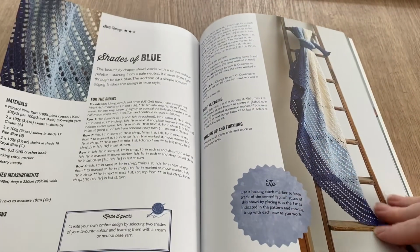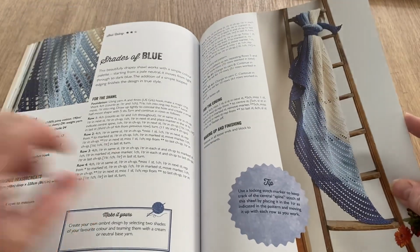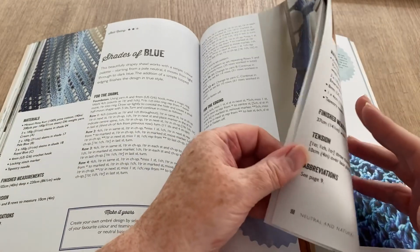Ooh. Moving on, shades of blue. Well, you know, I love blue, but that's only the colour, isn't it? It doesn't necessarily mean...